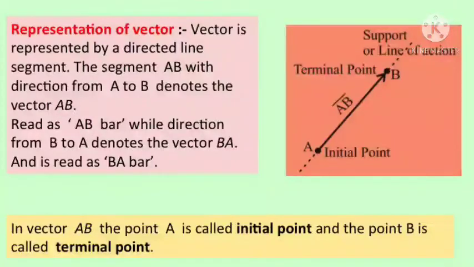Generally here you can see that we denote the vector by AB bar. So capital letters are used. The first letter denotes the initial point and the last letter denotes the terminal point. Sometimes you also use small letters, that is small a bar, small b bar, to denote the vectors. So vectors can be denoted either by capital AB bar, with the initial and terminal points and a bar sign, or you can use the small letters a, b, c, d with a bar on them, and they are also represented as vectors.